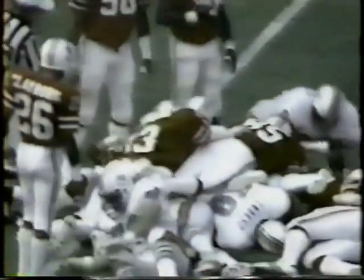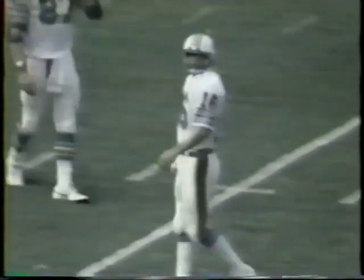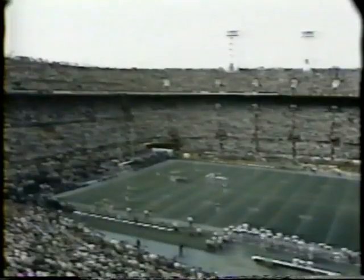It will be close. They may not have made it. Are you surprised with that call? I'm a little surprised with the call. And New England was just kind of sitting there. They were in the right defense for the play. The Dolphins are going to go for it. Maybe that's what they were thinking: we can make it with 2 running plays, thinking all along that that was what they were going to be doing. It'll be 4th down and just a couple of inches